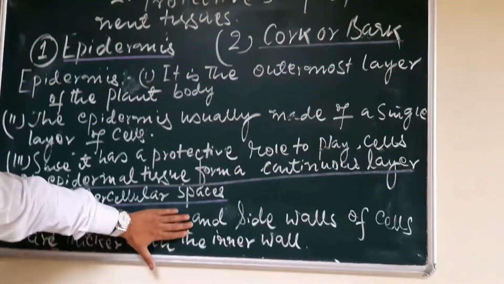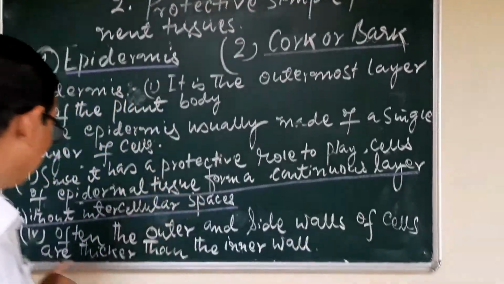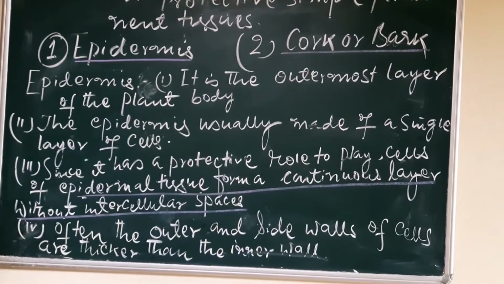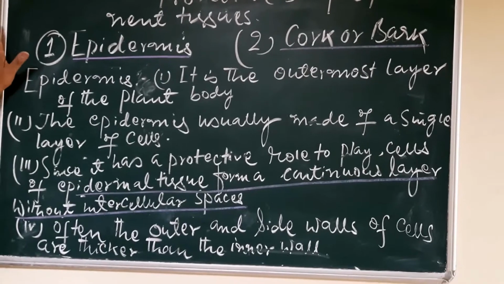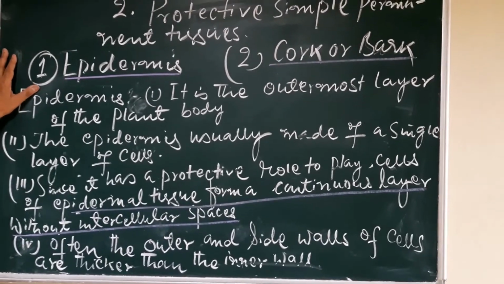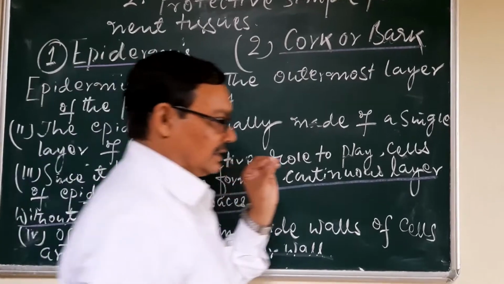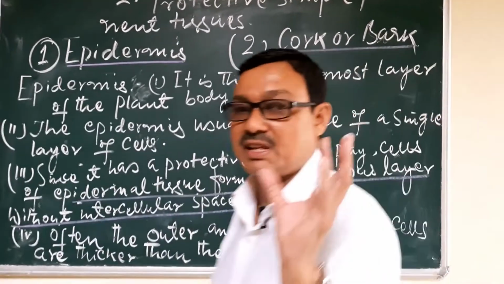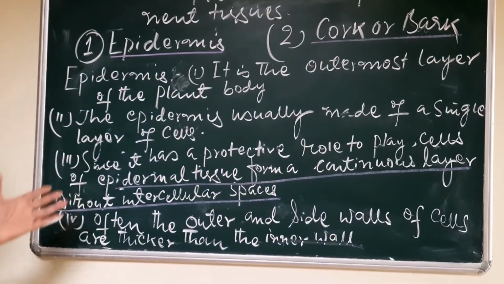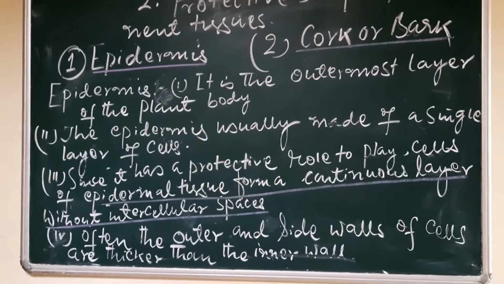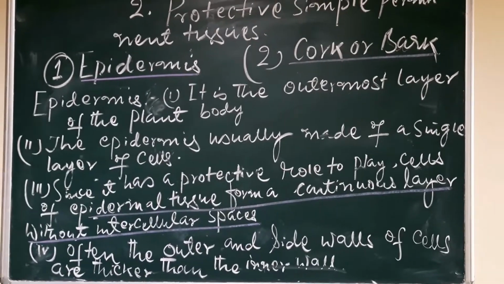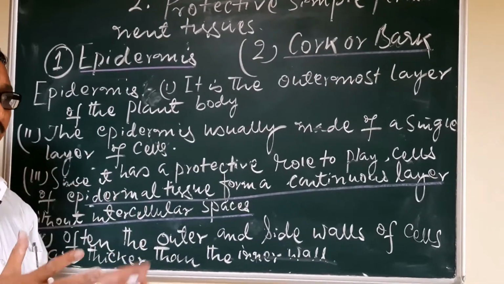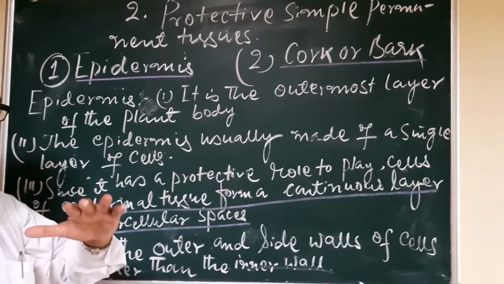Often the outer and side walls of cells are thicker than the inner wall. This is some special features of this tissue. In this tissue, the structure having several special features, it can not only protect, but it also possesses some interesting structures in their part,